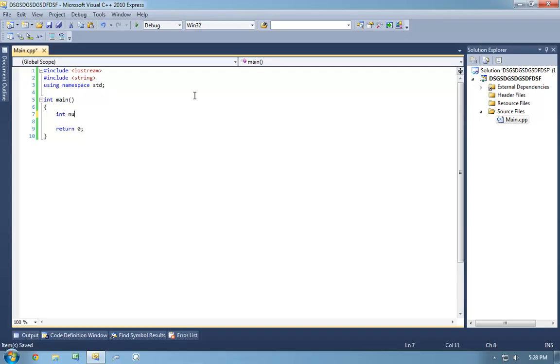So let's do int number1 equals 10, int number2 equals 20, and then int reference numberRef equals number1, numberRef equals number2. Now if I cout number1, new line, number2, new line, numberRef, what is the output to this program? And why?